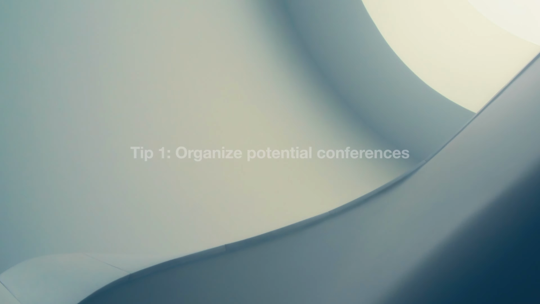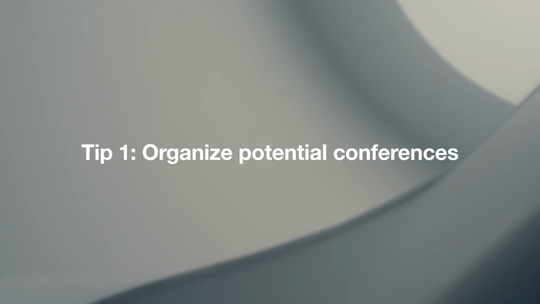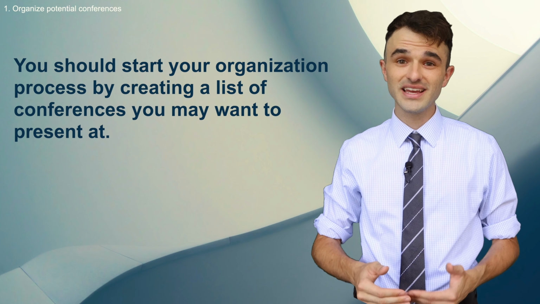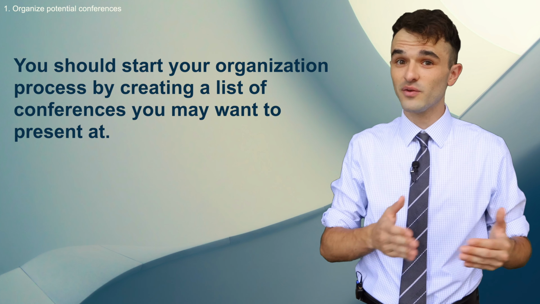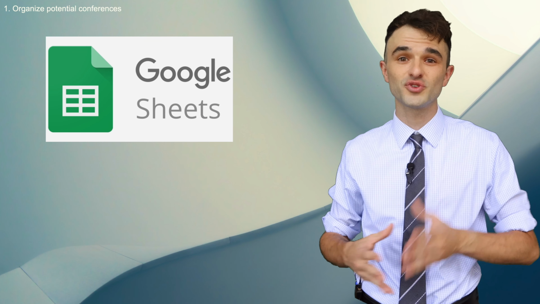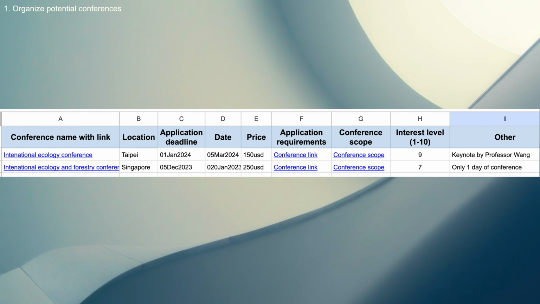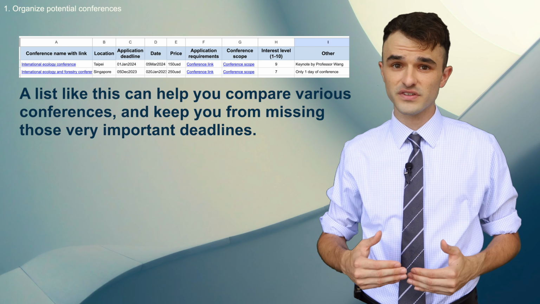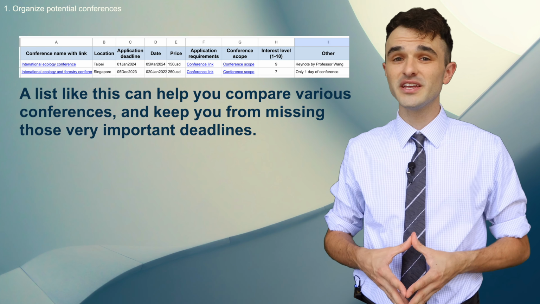Let's jump in. Tip number 1, organize potential conferences. Staying organized is critical when applying for conferences, and you should start your organization process by creating a list of conferences you may want to present at. I personally organize my conferences into lists on Google Sheets. I will include items such as conference name, location, application deadline, date, price, application requirements, scope, interest level, and other important information. A list like this can help you compare various conferences and keep you from missing those very important